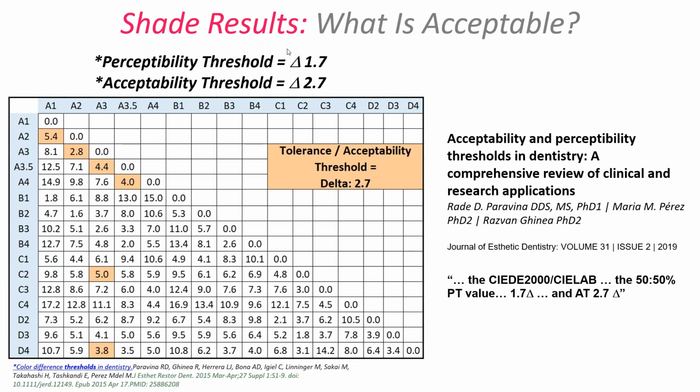Let's look at B1 and A1, right? B1 we know is brighter. Comparably, A1 to a B1, 1.8. It's almost not perceivable. And then when you have,